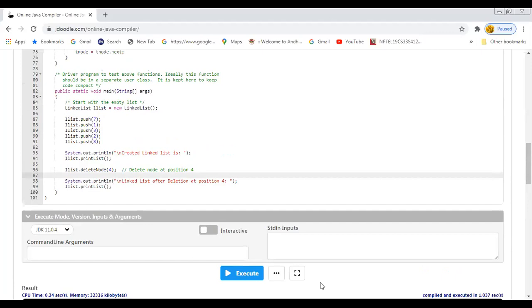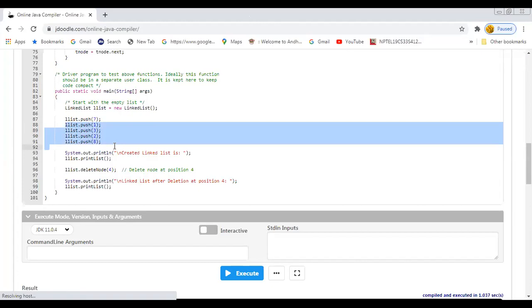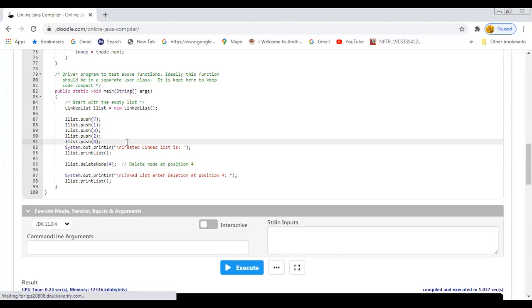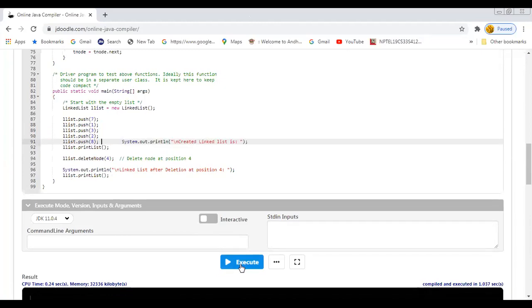So what you are expecting after executing this code is that a linked list will be created with 7 1 3 2 8. That is the linked list which it is supposed to create, right? Let us check whether it creates the linked list in such a way or not.